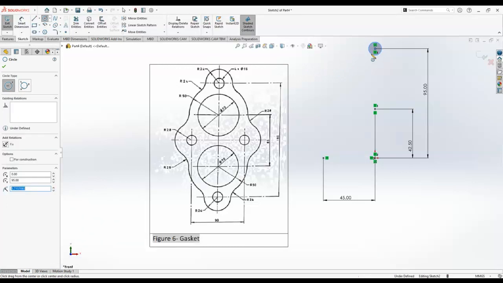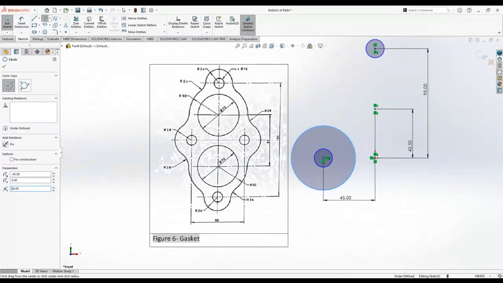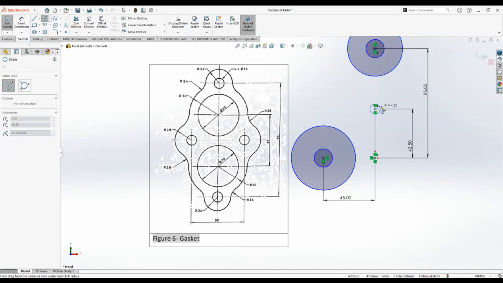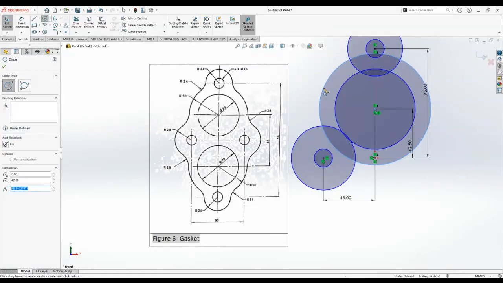And now one circle radius of 8, another 8 here, and one outer circle radius of 28. One outer circle here, the radius of 24, and one circle radius of 35, one outer circle radius of 50. Okay, so